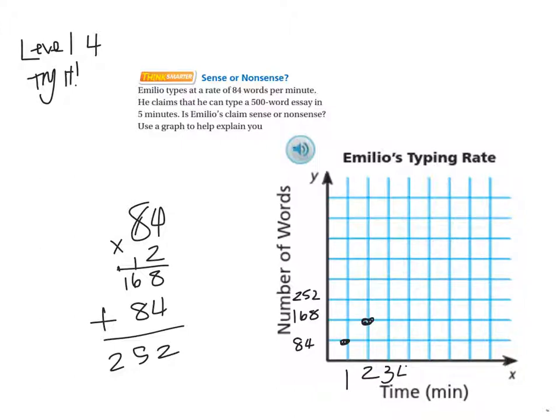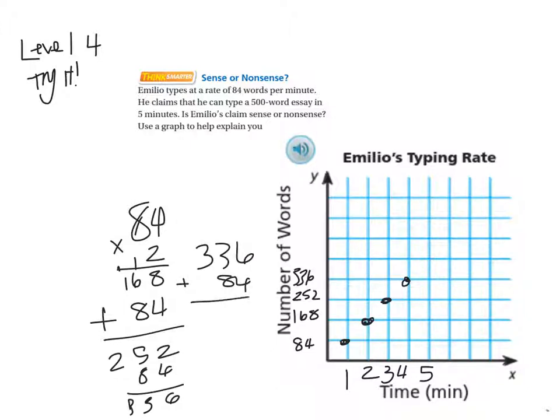So in 4 minutes, add another 84, 336. He can type 336 words. Oops, I'm forgetting my little dots. So in 5 minutes, which is what we're looking at, plus 84, can he type 500 words? Nope. In 5 minutes, he can only type 420 words. So Emilio can't